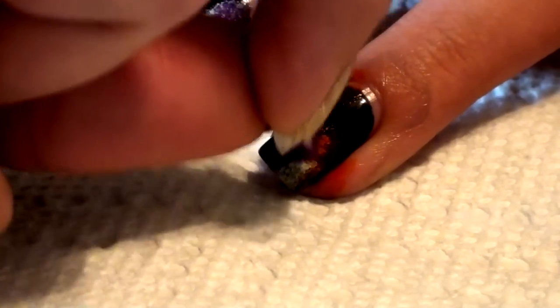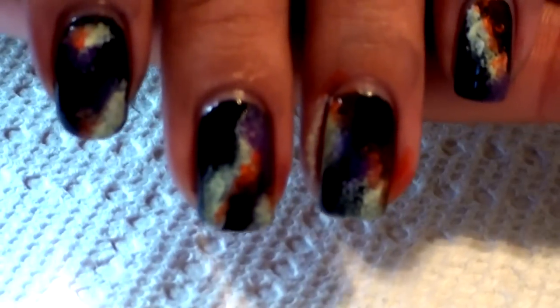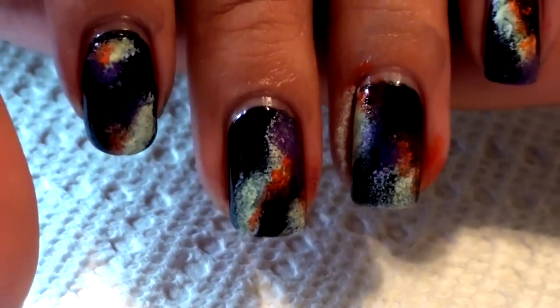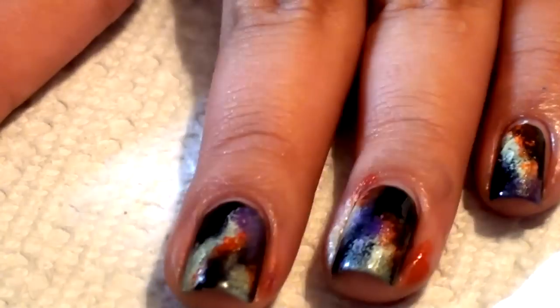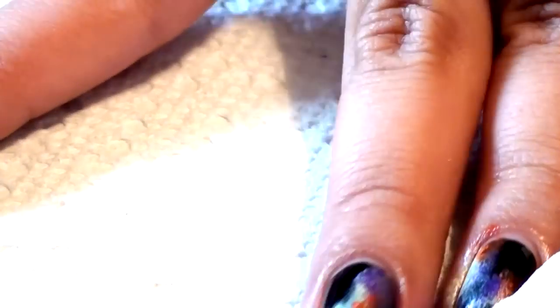So, again, right next to the orange, maybe overlap it a little bit and staying on the outskirts of your nebula. Alright, so that is how it looks with the purple. Really pretty, huh? But I really do think that the teal and the blue just make this look happen. So we're going to go in with the teal now. Alrighty. So we're just kind of going to sponge that next to the...